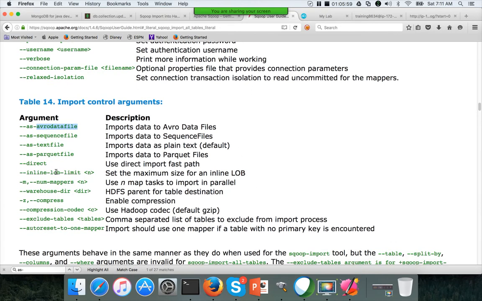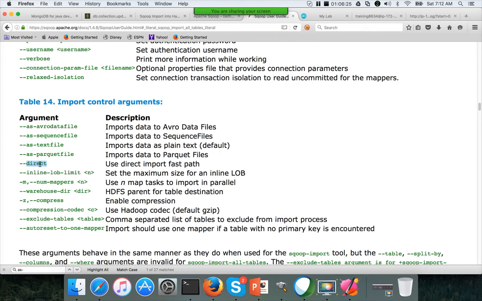and then --direct is to perform the direct import fast path. So instead of issuing a select query, if you are familiar with bulk load utilities such as SQL*Loader, if you specify direct path in Oracle, it will try to bypass the CPU and memory.